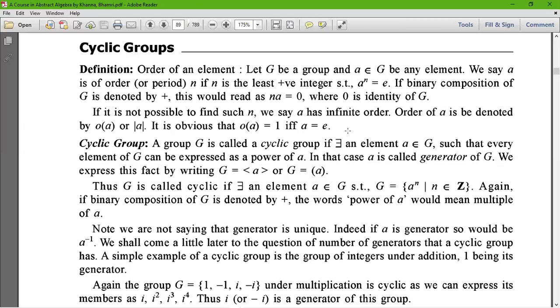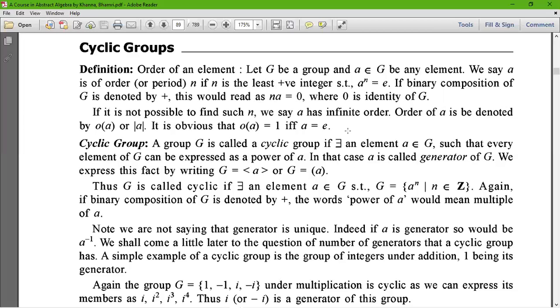In that case, a is called the generator of G. We express this fact by writing G equals angle bracket a, or simply G equals (a). Thus G is called cyclic